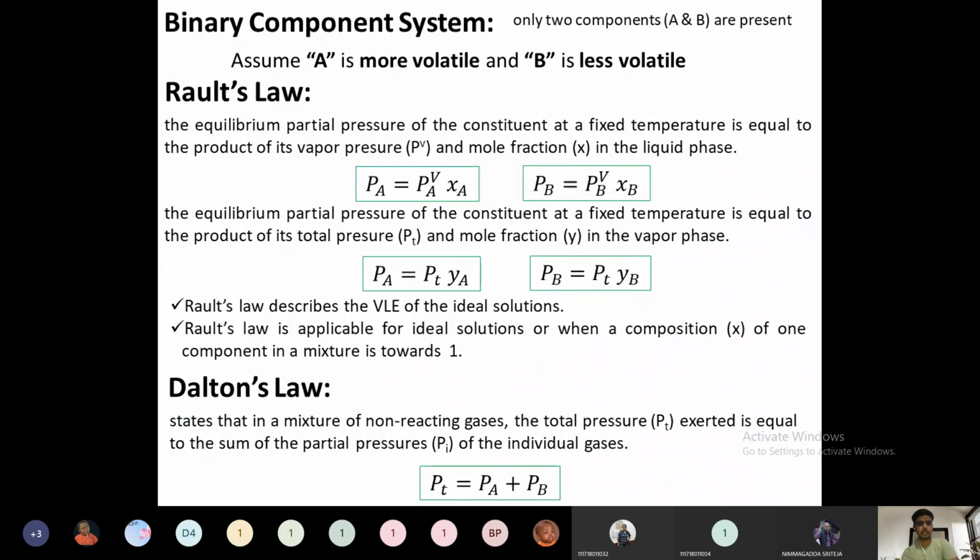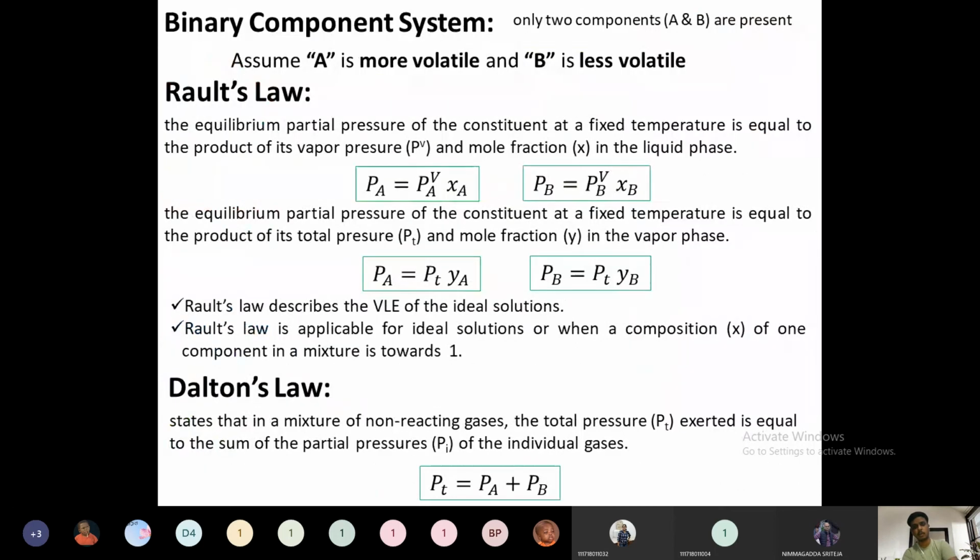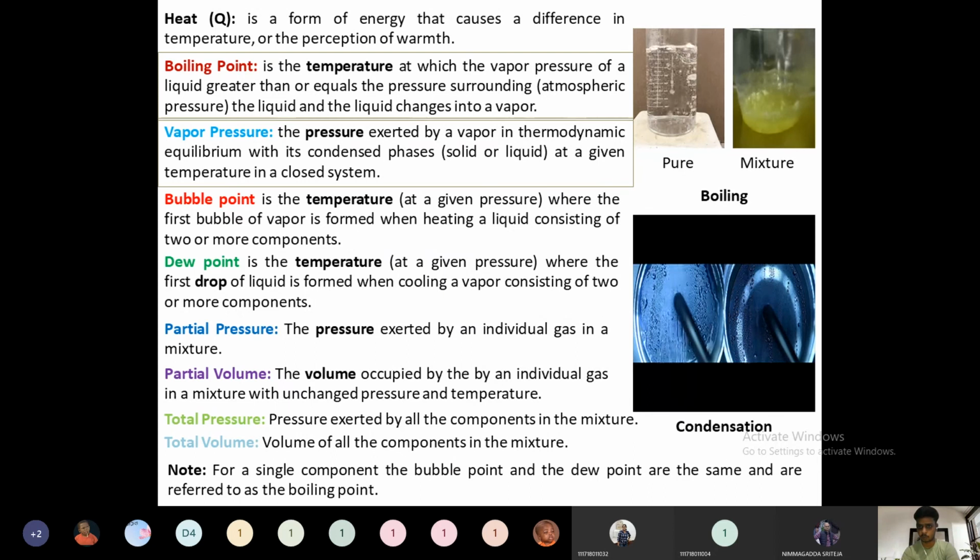Until now we will stop this, and the binary component system we will study later. Tomorrow's class is not very good. In the next class we will study the binary component system. We are just defining things for every component until here. After that the system will be very easy, because we are assuming that our system is composed of two components, only two components are involved. According to your syllabus, you need not study multi-component systems, more than two components we don't have to go. Only binary component systems are there according to your syllabus. It may be very easy when you understand all these concepts.